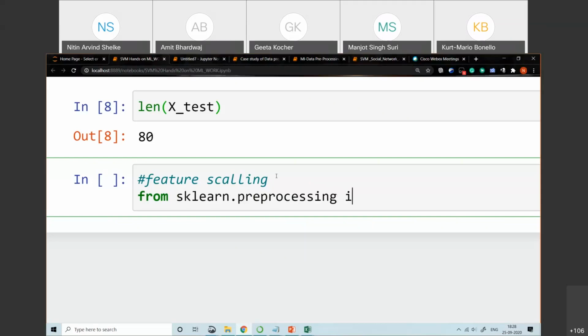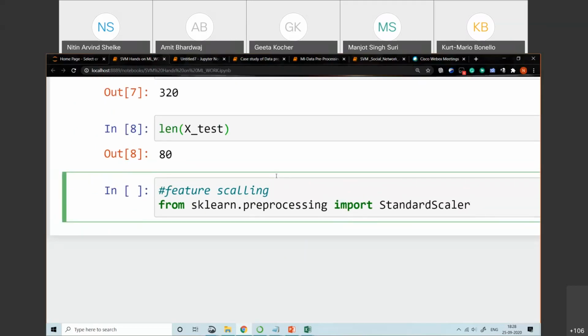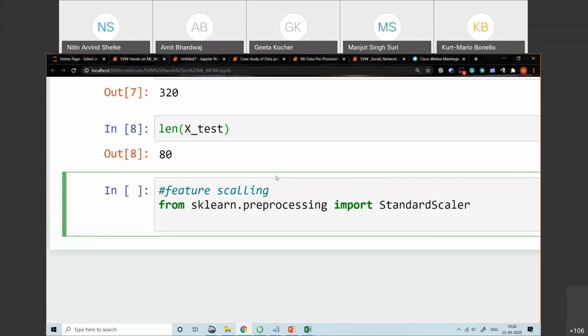Okay, import StandardScaler. Okay, it should be SCALER, StandardScaler.